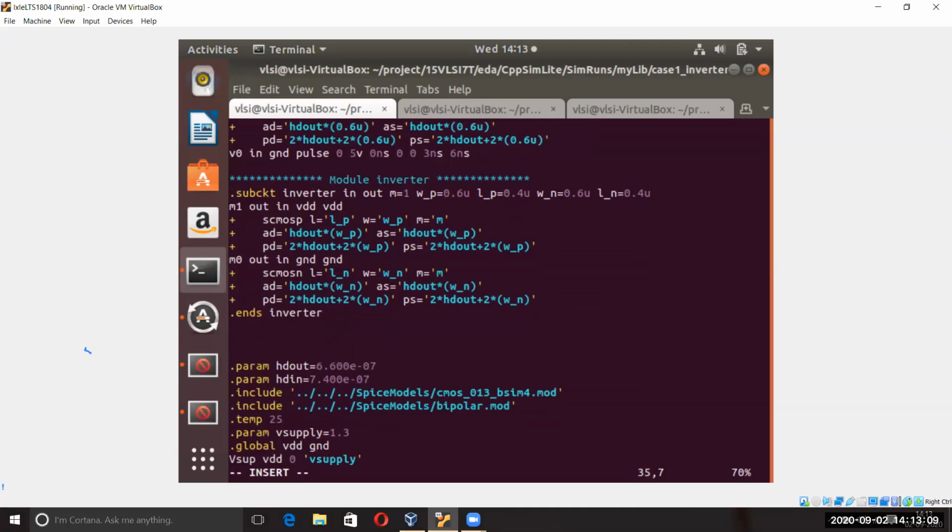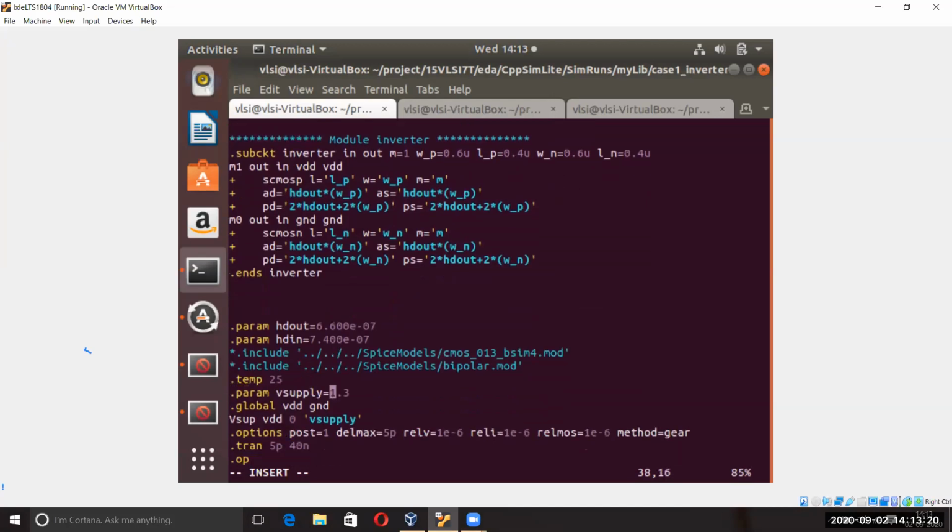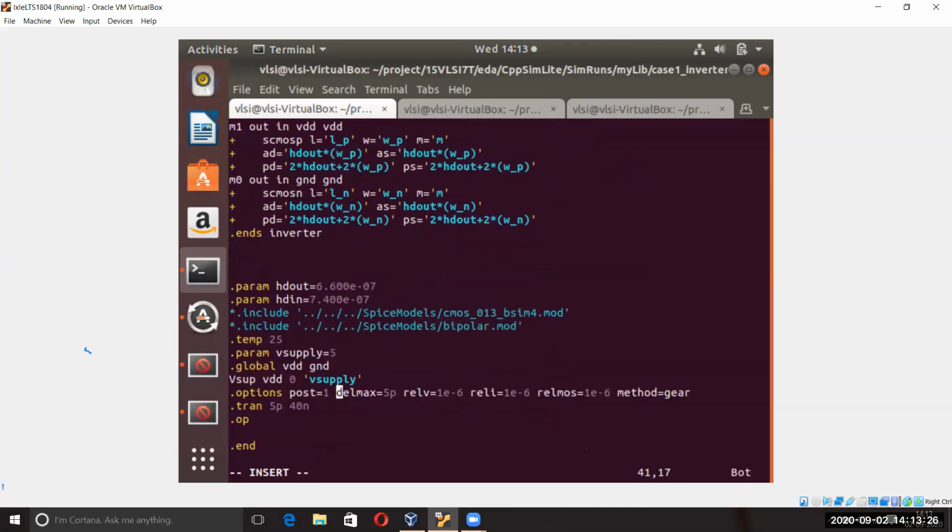Then you have to go for the next part. Yes, this one. We are not interested in this include statement because our technology is different. Just comment this one. Yeah, comment this, and normal temperature is 125, and we are interested in a supply of 5 volts, so change it to 5. Then the statement. So here VDD, and this is the other parameters. And we are interested in transient, so this one, and the time and step size is given. No need to mention this output. Then you can do the control section because we are interested in running and plotting.